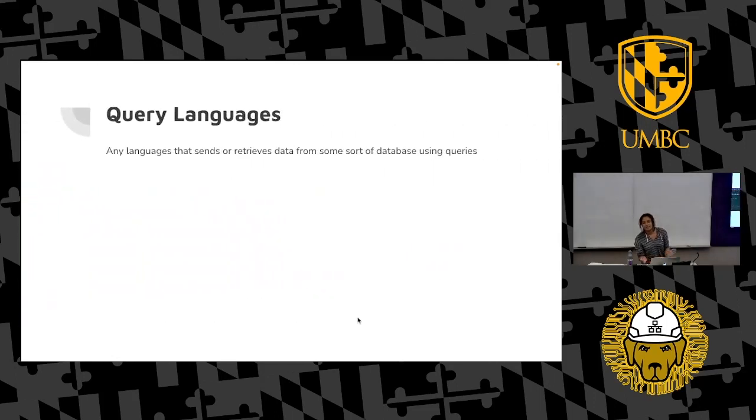Anyway. The next type of languages are query languages. Query languages are kind of what they sound like. They're languages specifically made to retrieve data and manipulate database systems. So that's not just your SQL databases. There's also, Patrick, I know you're in this chat, something called SPARQL. It's like this whole thing about making the web smarter, all that fun stuff. I'm not going to dive into that, but essentially they have their own special type of databases, and SPARQL is their query language for that.